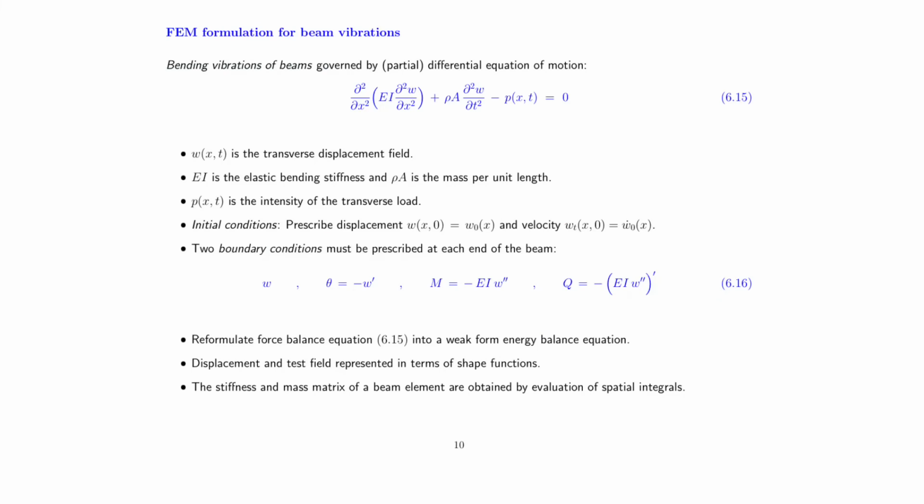Of particular interest in this course is vibrations of beams. So we would like to derive the finite element formulation for beams, especially for their vibrations. The partial differential equation we've seen before, previous lecture, contains the stiffness term, an inertia term, and then some form of external distributed loading. So W is here the transverse displacement field. We assume a bending stiffness of EI and a mass per unit length equal to rho A, and we have